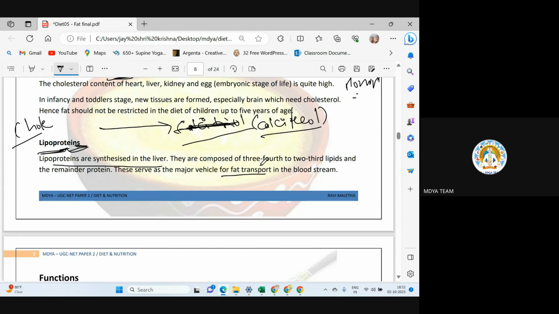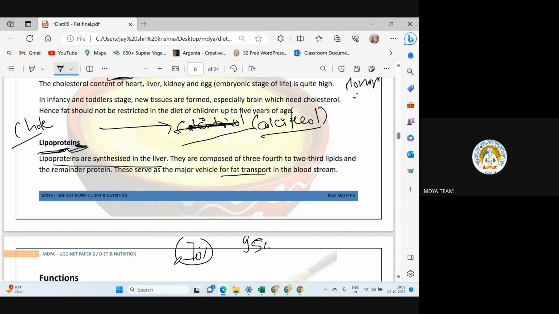Like fat is not soluble in water. If you try to dissolve fat in water, it will not be dissolved in water. It will just be on the surface of water, and it will not be dissolved. So our blood is made up of around 70% of pure water, 95% there is plasma, and 70% we can understand there is water. So blood is just we can say a derivative of water.